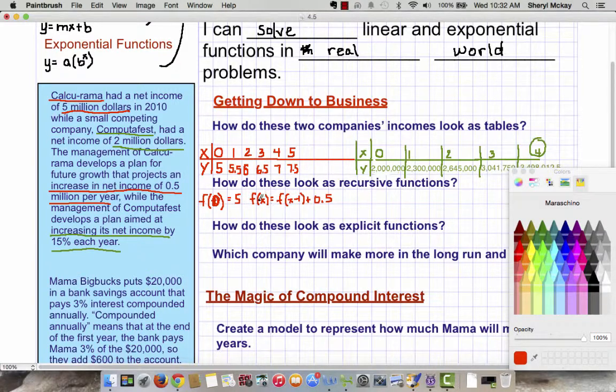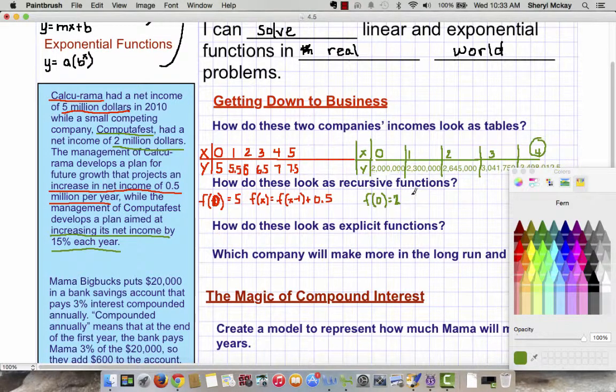And then to find any term that I want, I have to look at the previous term, f of x minus 1, and add 0.5 million. All right? Let's look at Computafest. Computafest says f of 0 is 2 million, okay,